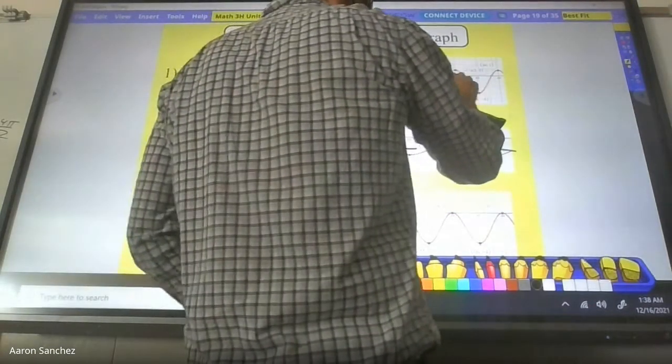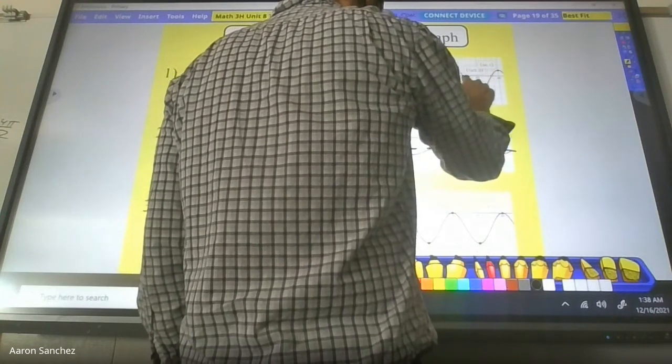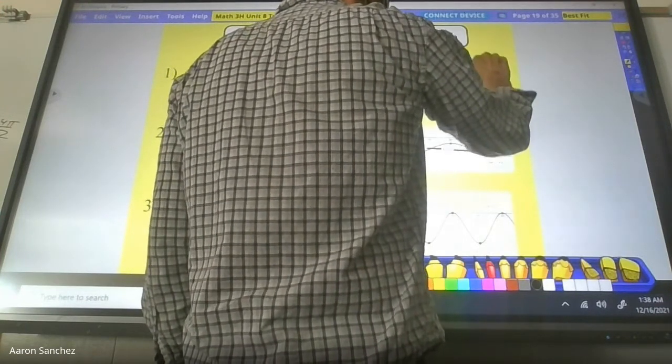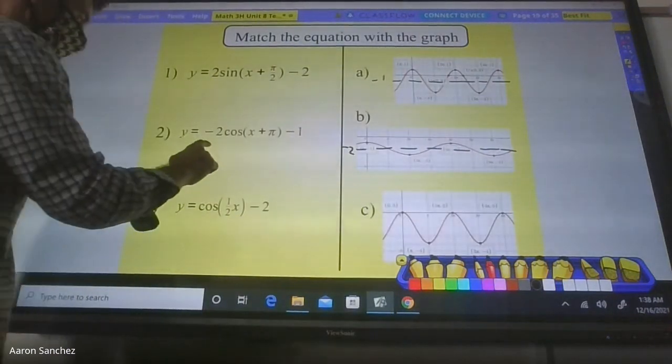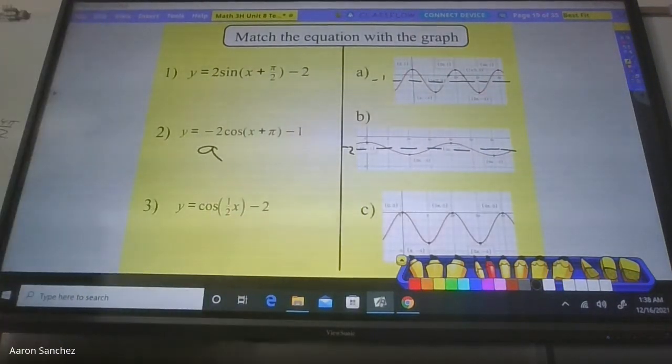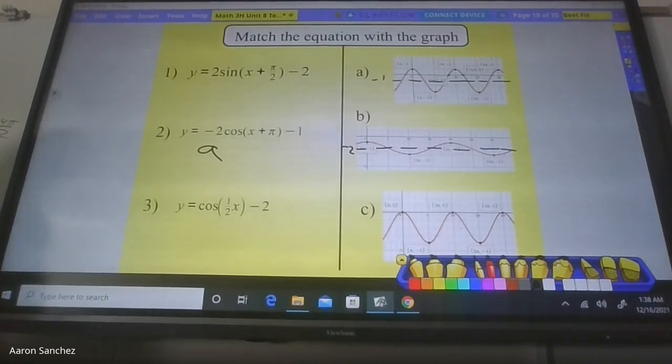So this one right here, my midline, so I got 2 above, 2 below, -1. There's my midline. So guess what? That's A, because I found the midline at -1. So that's easy. I eliminated it, right? Now, okay. Now let's look at